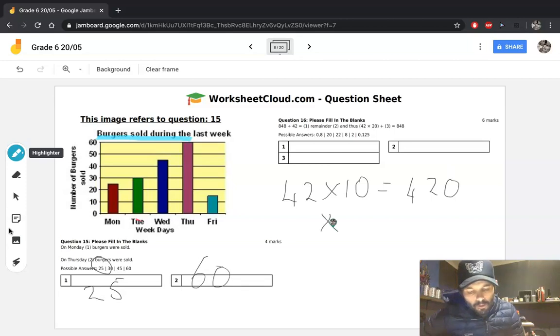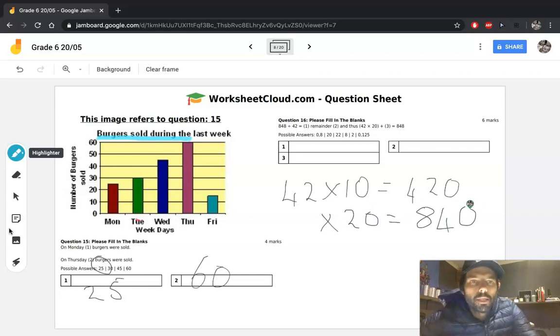So if I multiplied 42 by 10, I would get 420. If I multiplied it by 20, I'd get 840. So straight away, I should be able to identify that 848 divided by 42 is indeed going to give me 20. And there's your 20 I've just marked in green. And you can see that your remainder is going to be 8. Okay? So therefore, to answer this question, 848 divided by 42 is equal to 20, remainder 8,